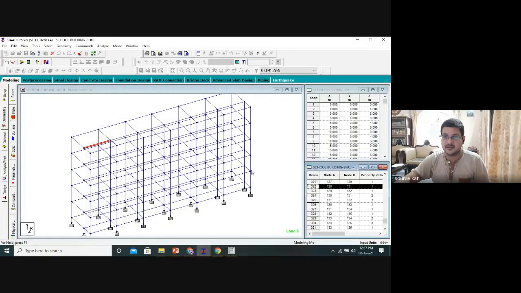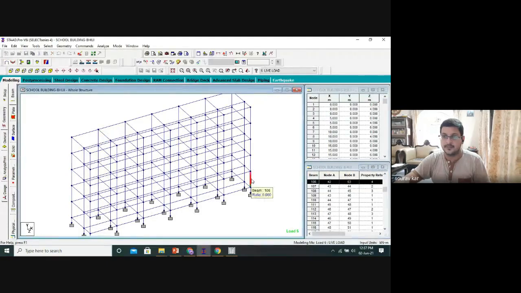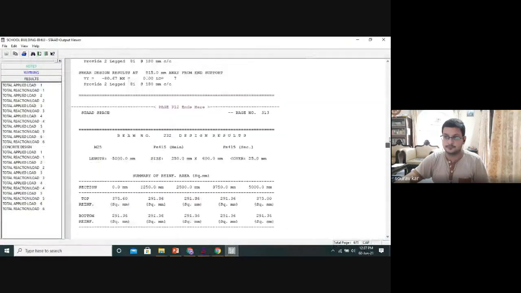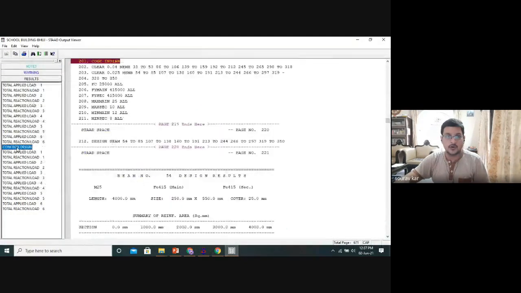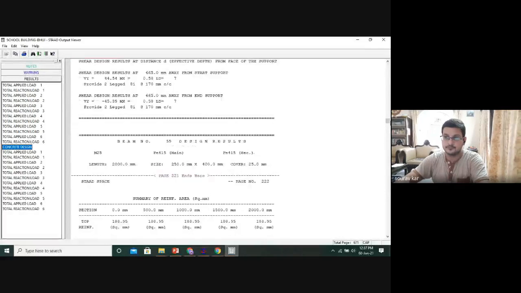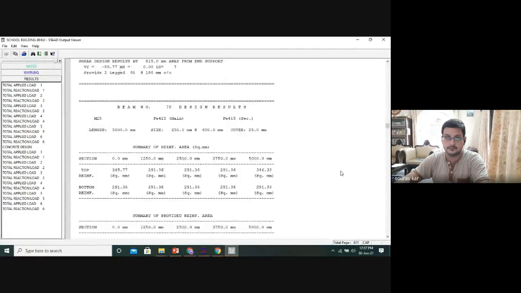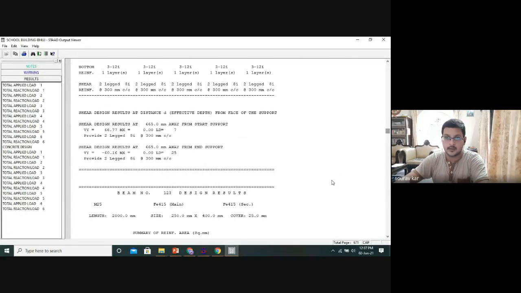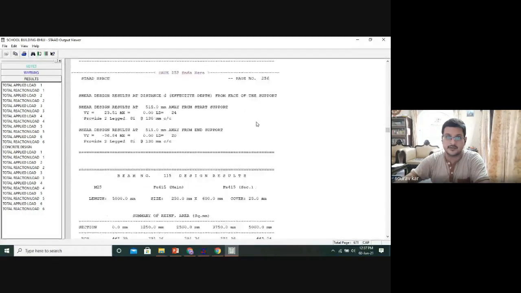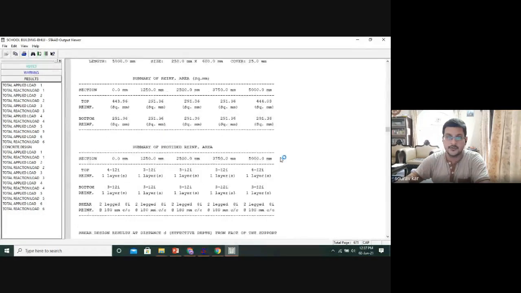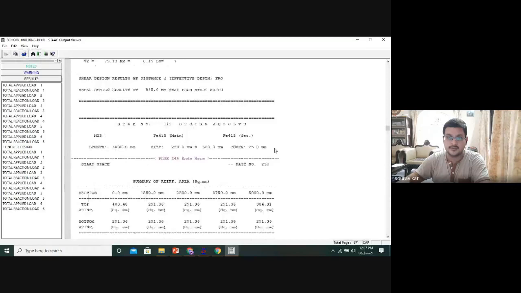Also, if you want to check one column, let me take the member number 106. Number 106 is a column. So we'll go to this concrete design. We will go to number 106.